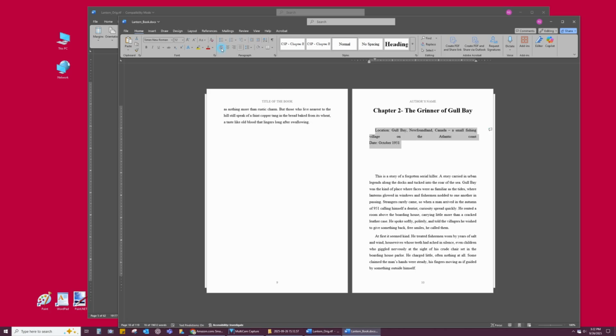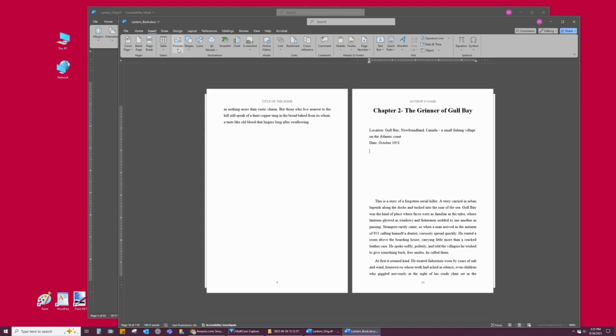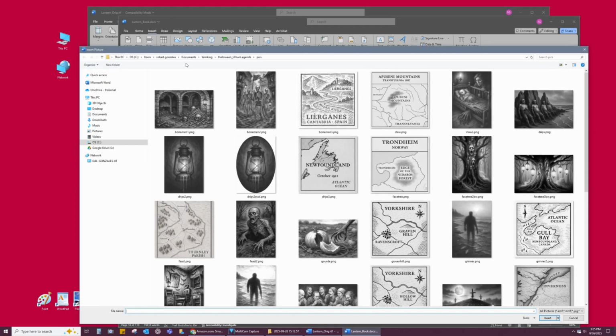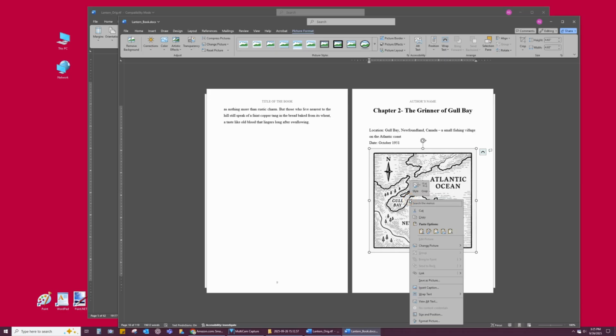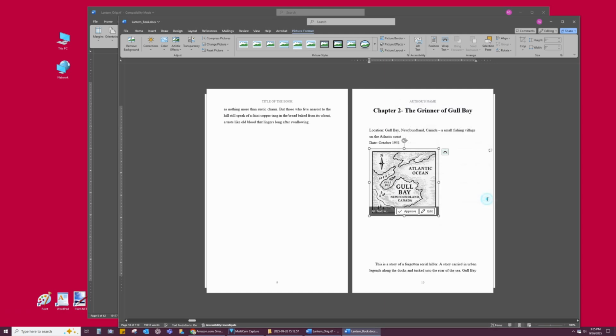Justify left, remove the indentation, add a return, insert this device, go away, insert, right click, size and position, we'll go with 3 inches, okay. We're going to center it,